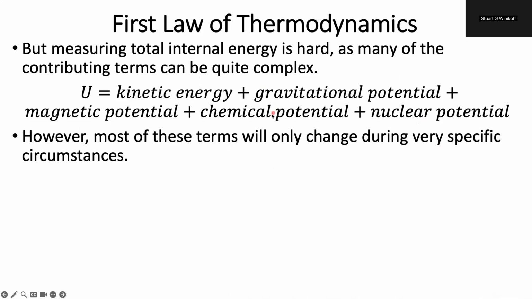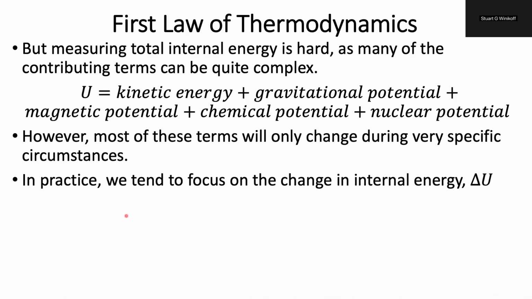Though oftentimes we're going to start really by looking at the kinetic and not playing around too much with the chemical potential right away. We'll work our way up to it though. And so if most of these aren't going to change during a reaction, why bother calculating the total potential energy or internal energy? Instead, we're often going to focus on how the internal energy changes. So again, representing change by this delta U. If the energy increases, we'd see the delta U be positive, decreases negative.